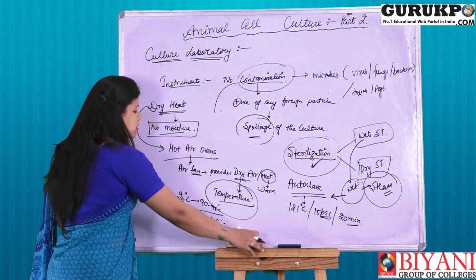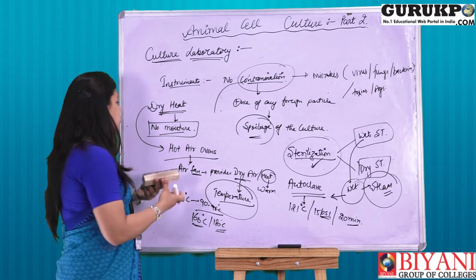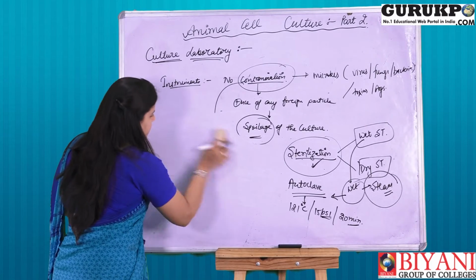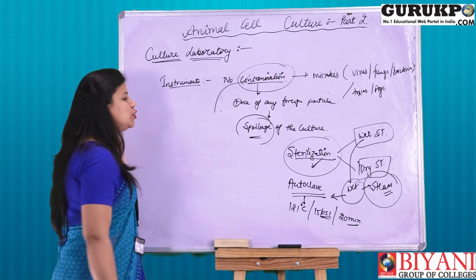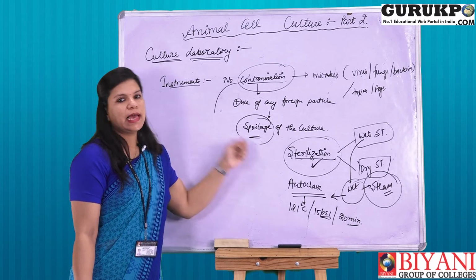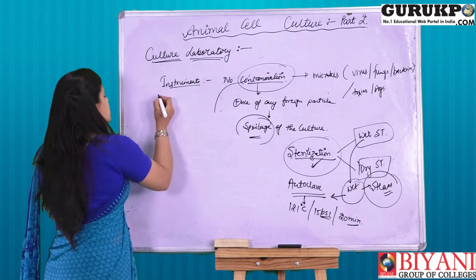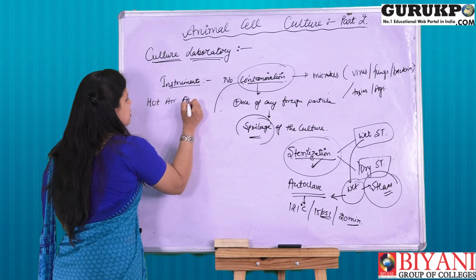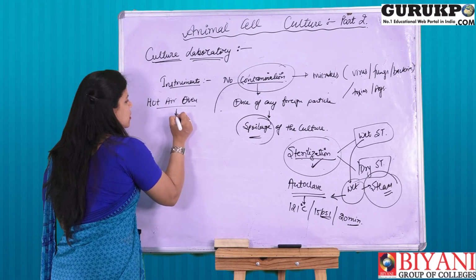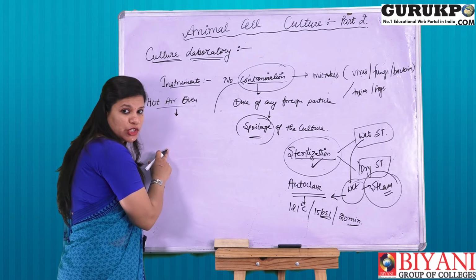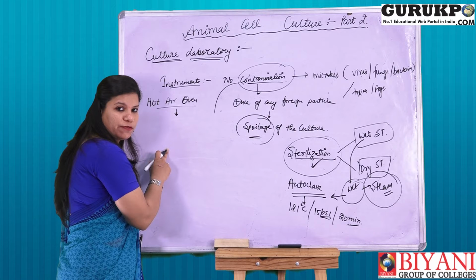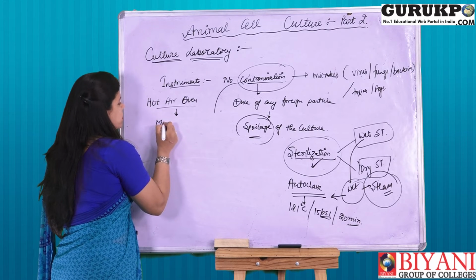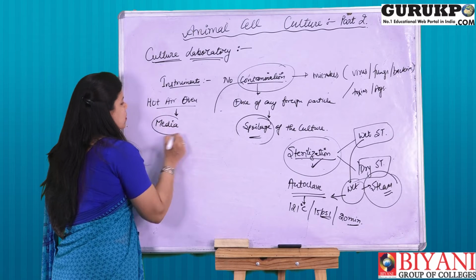Now the thing is, what kind of things we can sterilize using the autoclave as well as the hot air oven. Since we are saying that the hot air oven provides dry heat, it does not involve any kind of moisture for the purpose of making contamination free. The things which are being used is media.